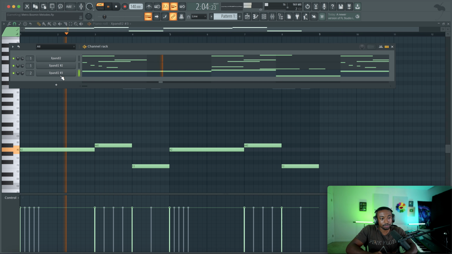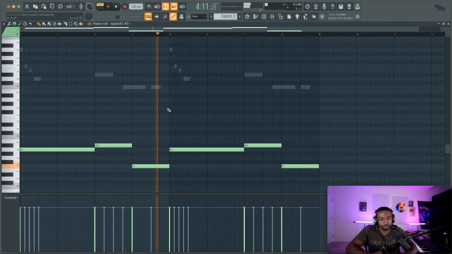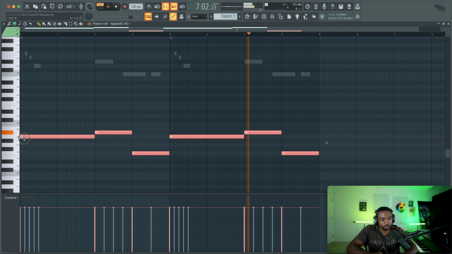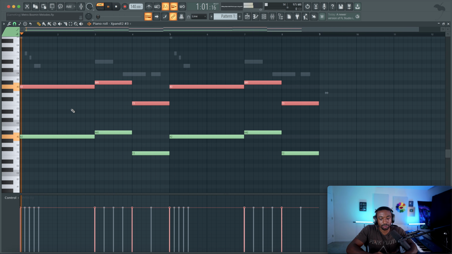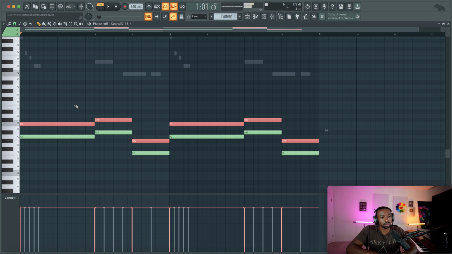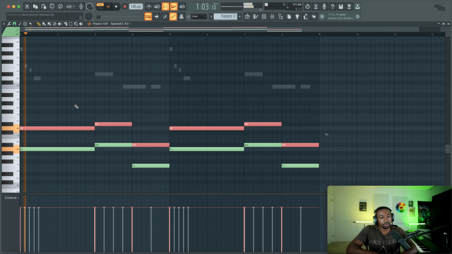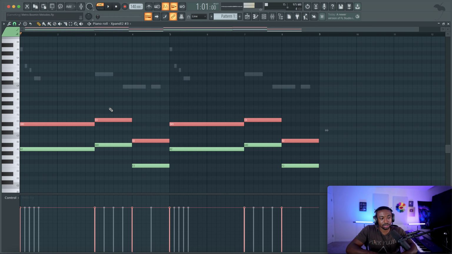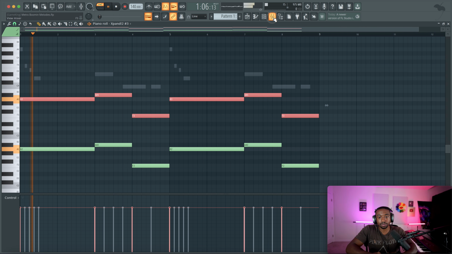Separate that brass. Usually brass is octaves, if anything, or a third. It's such a low sound, we're just going to stack the octave.